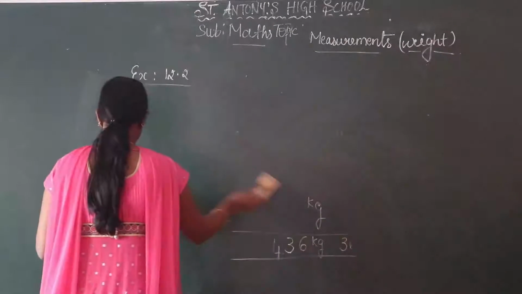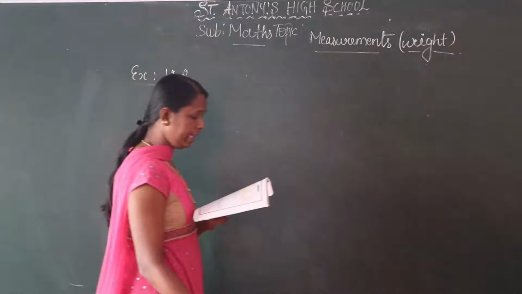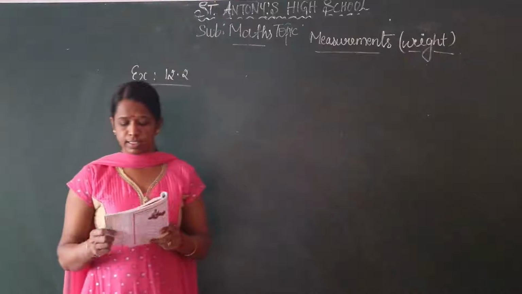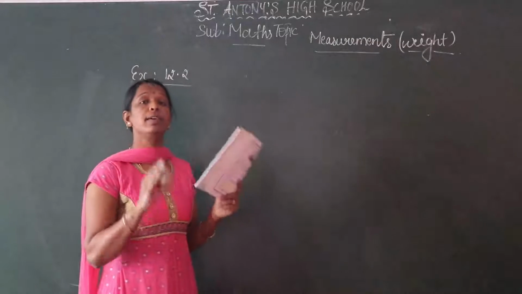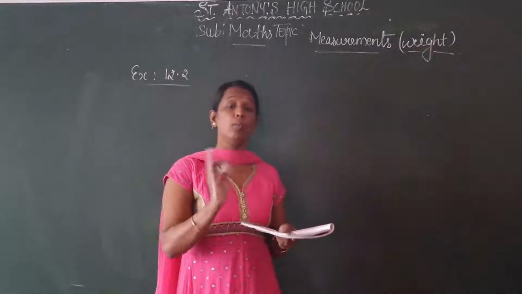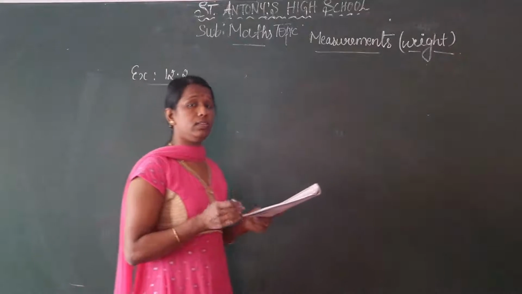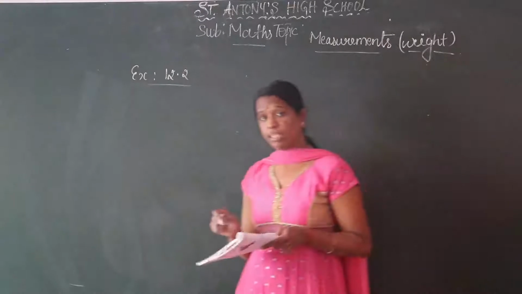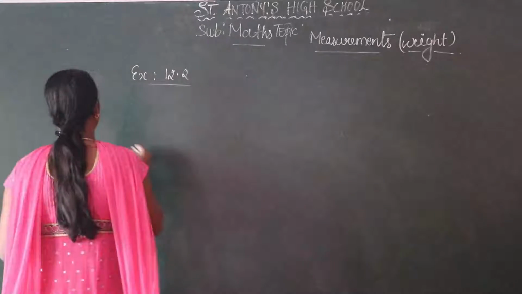In that one, first one, read the questions activity wise. Weight of Anil is 45 kg. Aslam weighs 3 kg more than him. Okay? The weight of Anil is how much? 45 kg. But Aslam weighs more than this Anil, more than 3 kg. So how much you have to add to the 45 plus 3 kg. So what is the weight of Aslam?